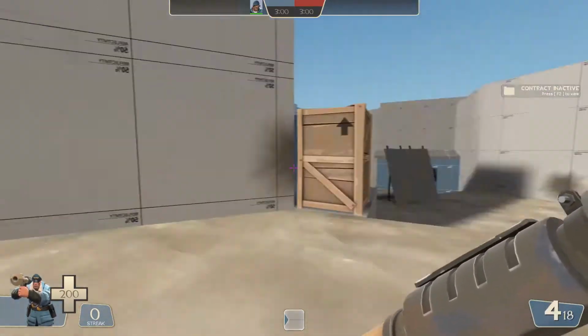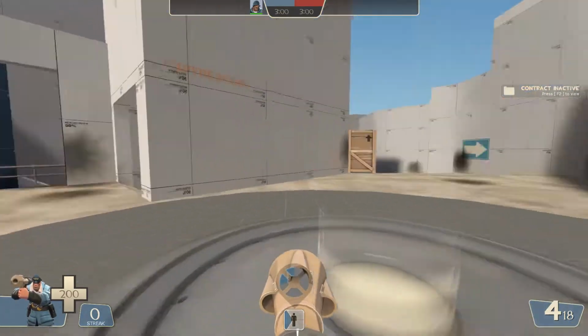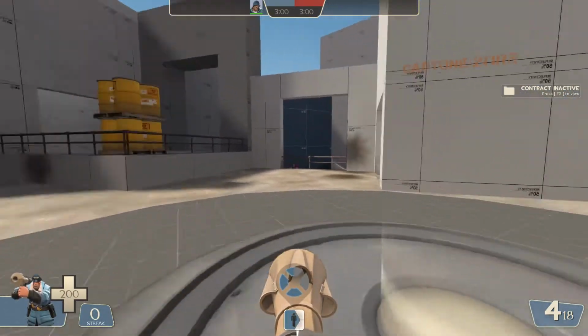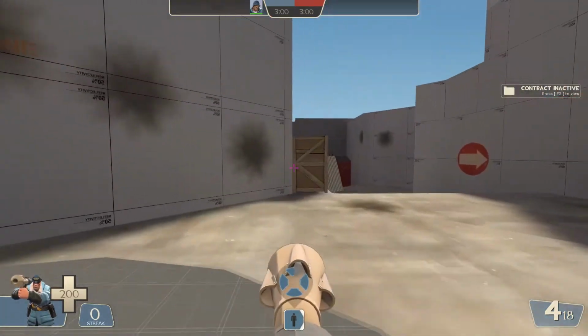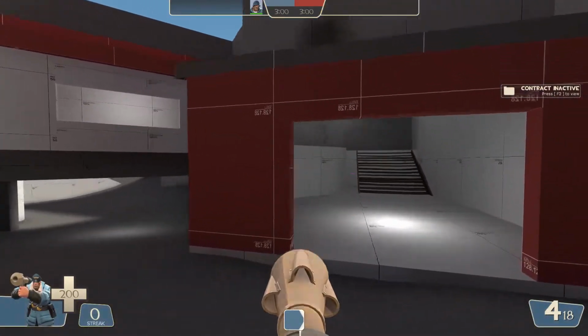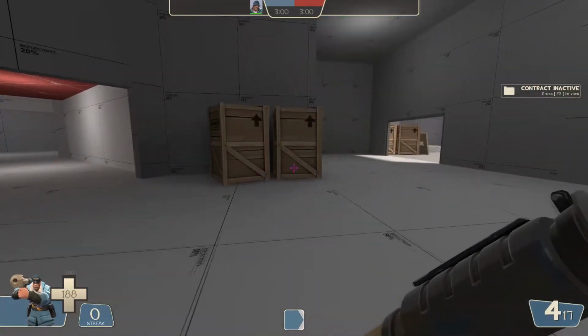But, oh, that's one more thing. I'd really like it if the point was a bit slower to cap by one person. I don't know if you're using Viaduct's times, but I'd hesitate to say that maybe... Actually, no, it's a good time. I guess in the playtest it just felt weird, maybe because there wasn't only one person on the point. But I genuinely think that this map just needs a little bit more...